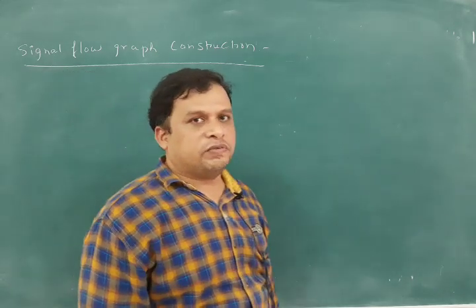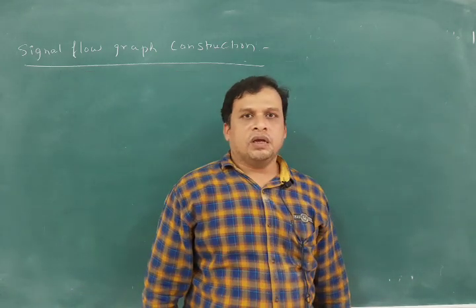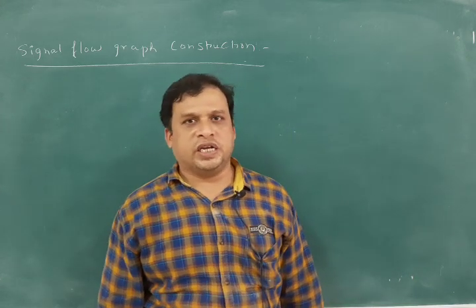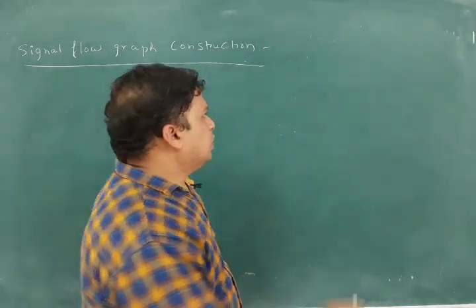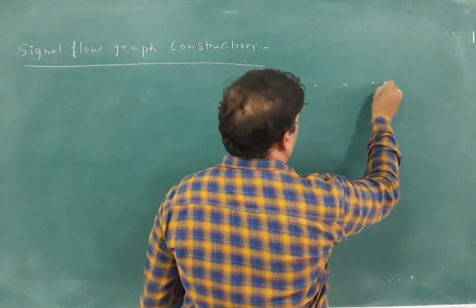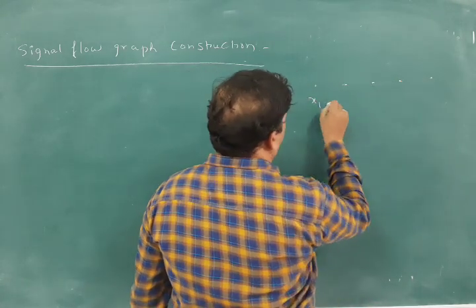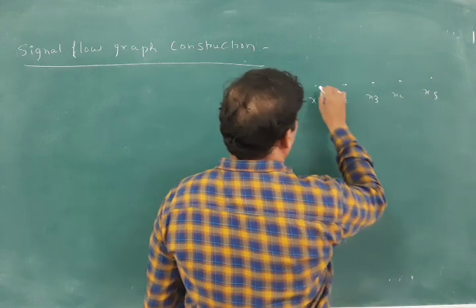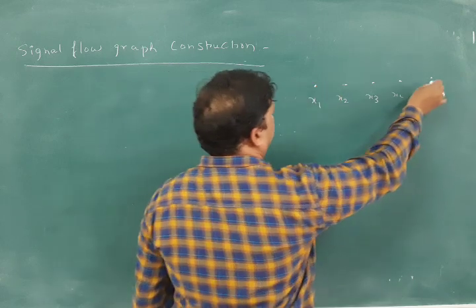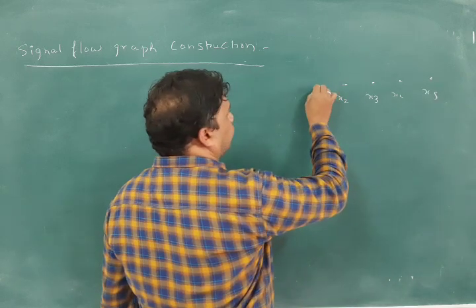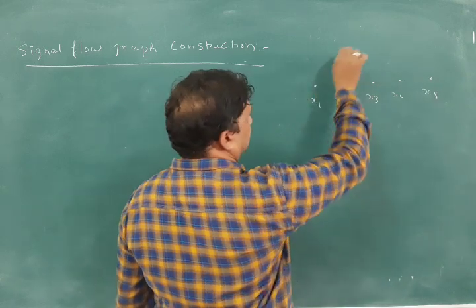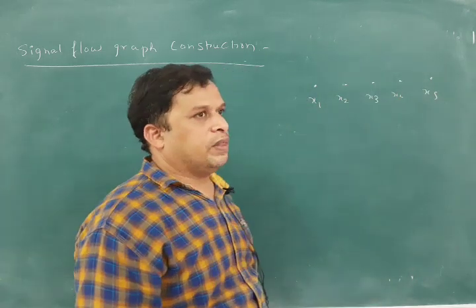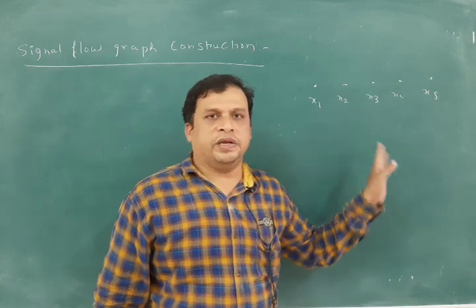If you are writing the nodes, like you are having 5 nodes, suppose x1, x2, x3, x4 and x5. Then, if the nodes are x1, x2, x3, x4 and x5, here this one is the input node and this one is the output node. From this we are sending the signals, and here we are receiving the signals, because the last node is the output node, as generally described here.